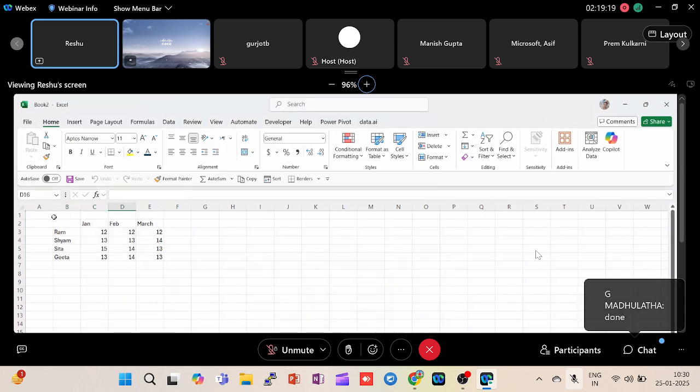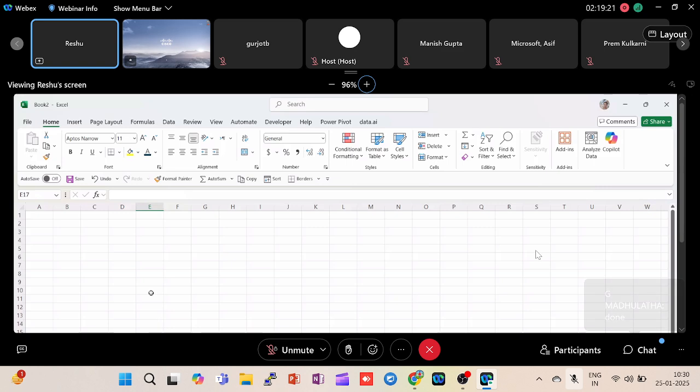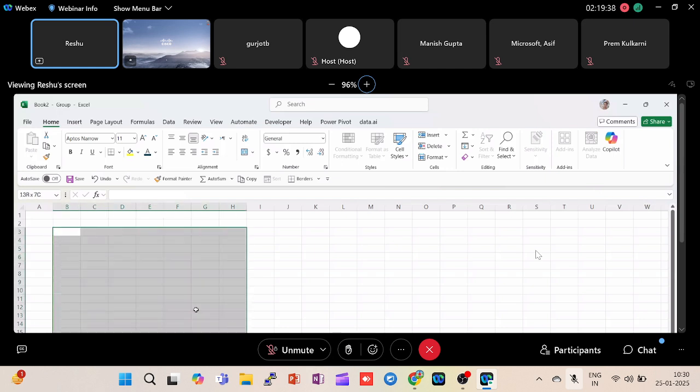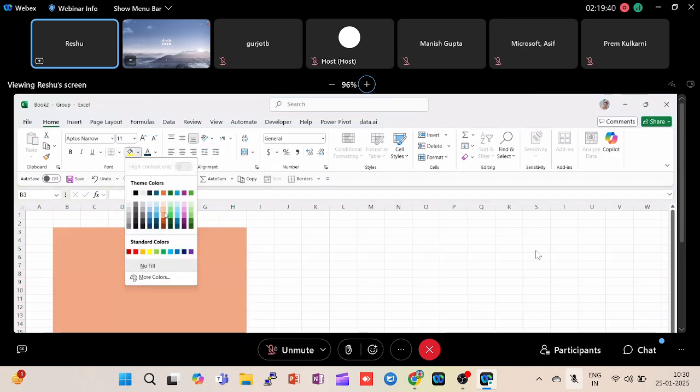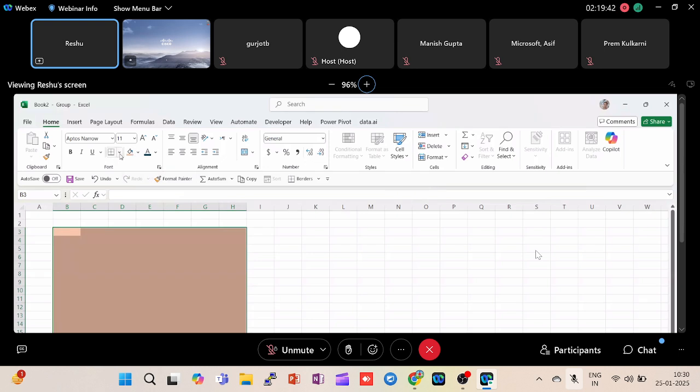What you want is that template, because that is what will be filled up. You have the template on one sheet. Click on the sheet, press Control and click on all the sheets together. On any one of the sheets, just create the template. Just create this template. I wanted it thick,